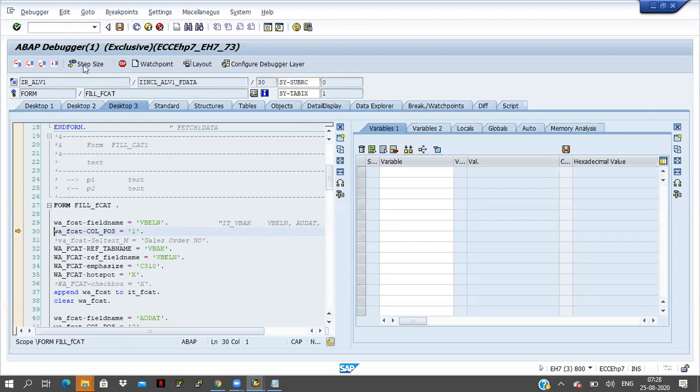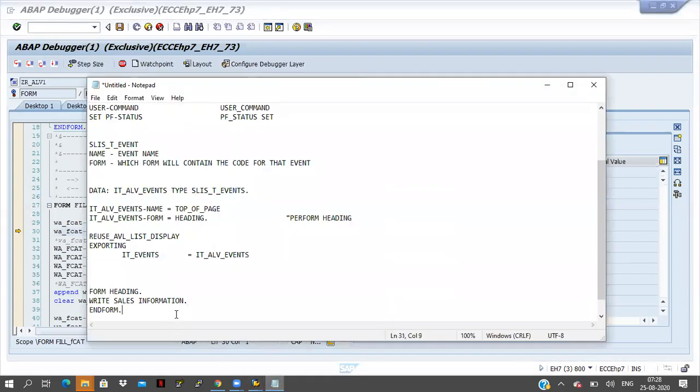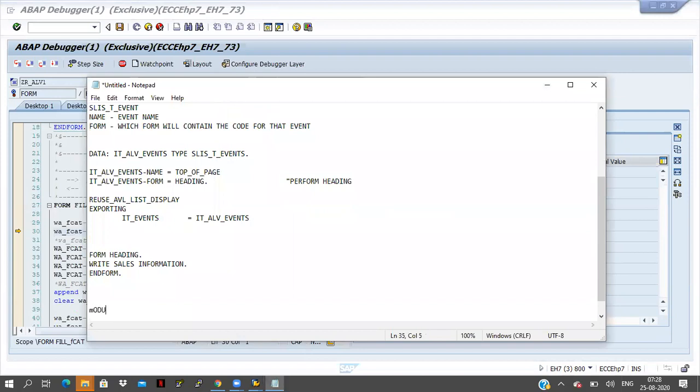Okay, so after these reports concepts, module pool concepts will come. Module pool program will come. So this is also one type of program only. So how does it work? We are executing transactions like VA03, sales document number.